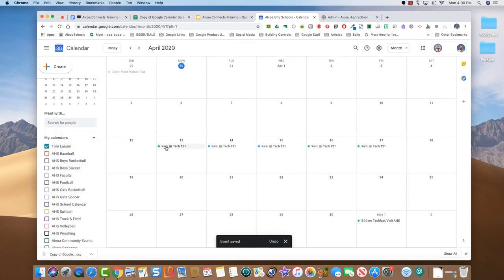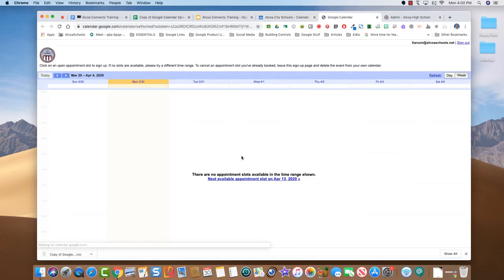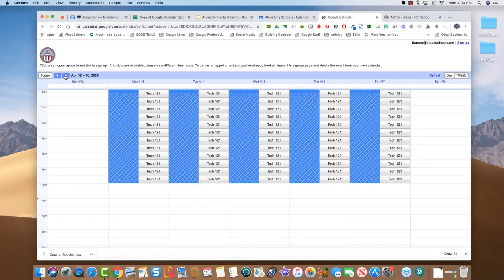So you can see what that looks like on my calendar. Now the question is, how do people make the reservations then? It's easy. If you click on the event here, you'll see that there's a direct link to the appointment page for this calendar. So if we click that, and navigate over or scroll over to the dates, there they are. So what a user would do, if they're provided the link to this, all they'd have to do is click on one of these items,